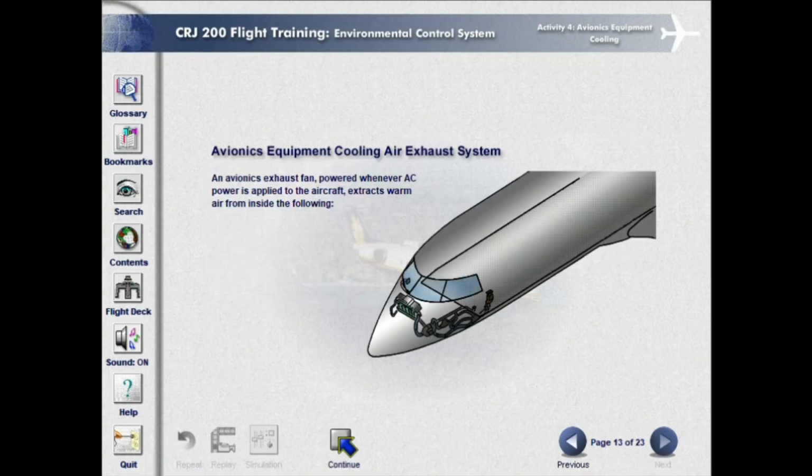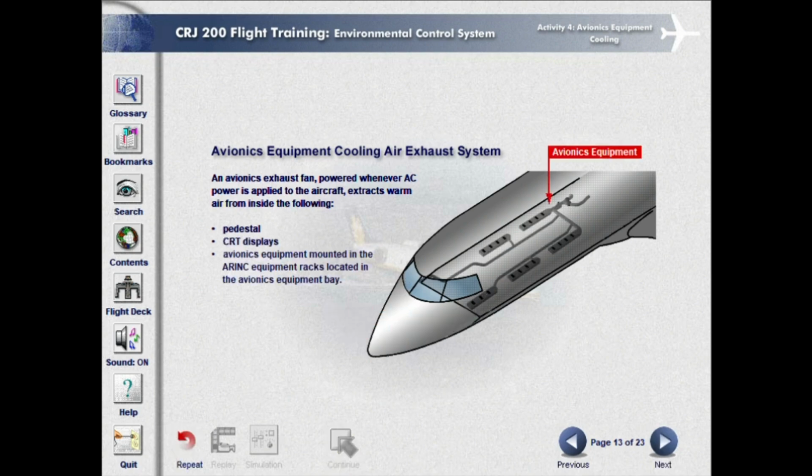Avionics equipment cooling air exhaust system. An avionics exhaust fan, powered whenever AC power is applied to the aircraft, extracts warm air from inside the following: pedestal, CRT displays, avionics equipment mounted in the Arinc equipment racks located in the avionics equipment bay,